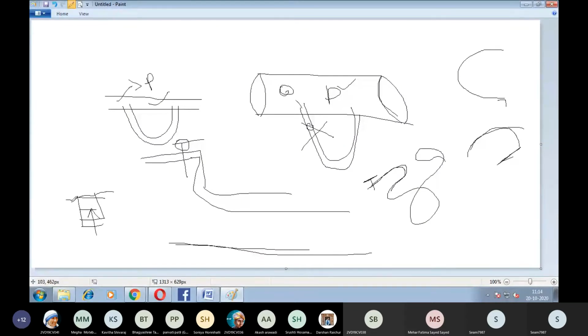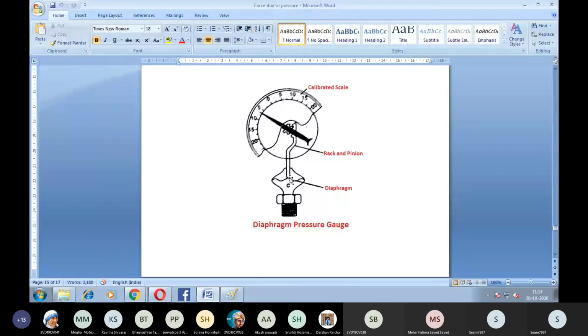Over that, a thin metallic sheet is provided here, and this sheet is completely joined here. This is the thin metallic sheet. As the liquid flows here, this thin metallic sheet acts as an elastic membrane. When the liquid hits this surface, the pressure exerted on this elastic membrane is transferred to this joint. This is the thin metallic sheet which acts as an elastic membrane.